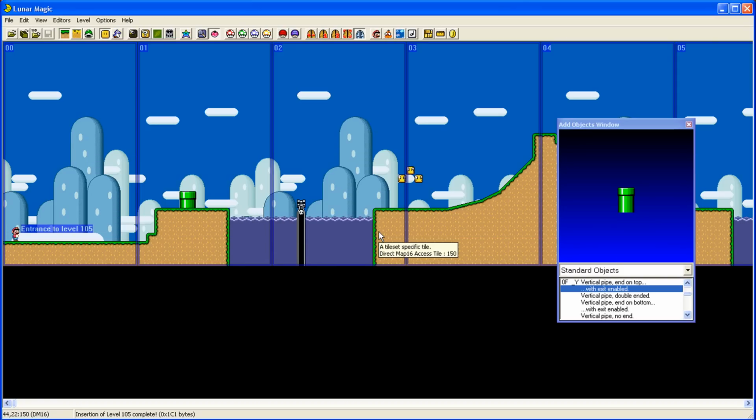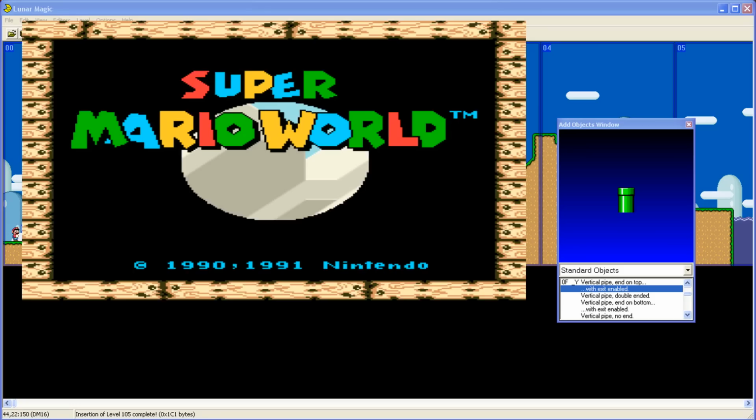What that error is saying is if I boot up the game,